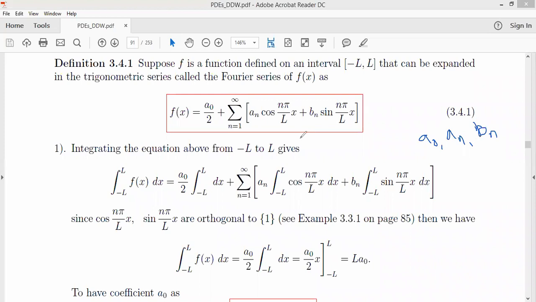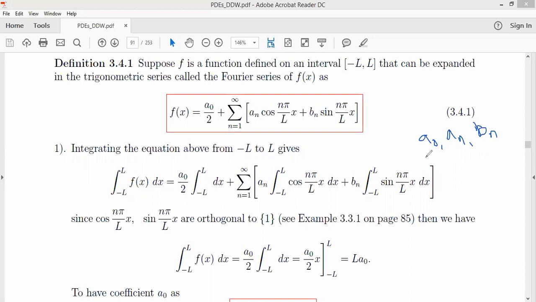If it is a Fourier cosine, which is even, then you would know that you are dealing with only a naught and an, and bn is 0. But for you to get those concepts, you start getting them from these derivations we are making now. So that once you establish you're dealing with a Fourier cosine or a Fourier sine, then there are some coefficients you don't have to worry about. Why? By definition of that